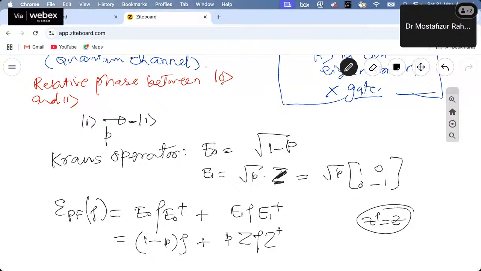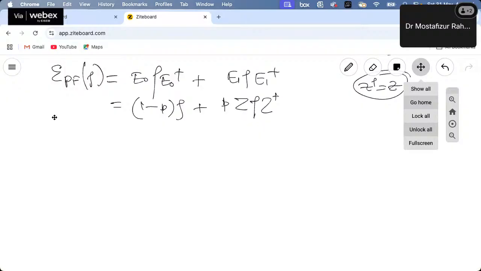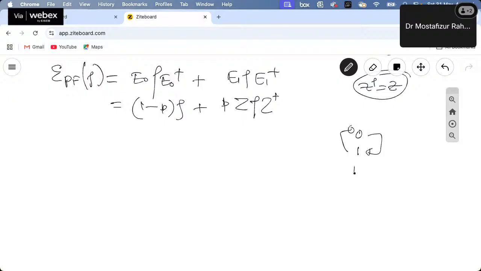So this is something which is unique and only present in quantum information theory, not in the classical part. This particular error is unique in quantum noise analysis: there might be relative phase changes in the qubit information. And what is the physical notion? Classically you have 0 and 1, and any noise can change 0 to 1 and 1 to 0. But 1 to minus 1 physically doesn't mean anything,